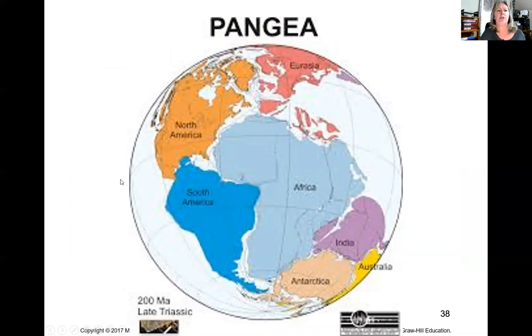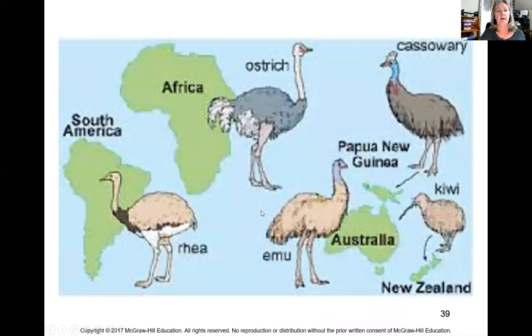So if we go back to your geography lesson about the idea of Pangea, how did these animals get from one place to another? Well, when we talk about common ancestors, there is fossil evidence of similar organisms in the same areas where you would put these continents together. They also have rock formations and fossil formations that are in similar areas. For instance,